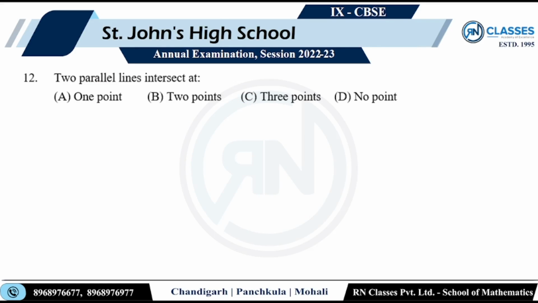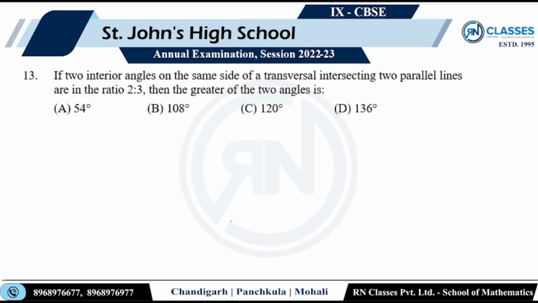Two parallel lines intersect at, यार ये दोनों लाइंस पैरेलल हैं, क्या ये कभी इंटरसेक्ट करेंगी? नो पॉइंट. D part. If two interior angles of the same side of the transversal intersecting two parallel lines are in ratio this, the greater of the two angles is, अब एक काम करते हैं पैरेलल लाइंस बनाते हैं, वन लाइन टू लाइन,